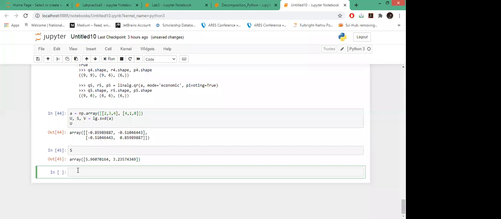SVD is mainly used for dimensionality reduction tasks, when you will be working with data in machine learning, clustering or image compression. There are many applications of SVD.